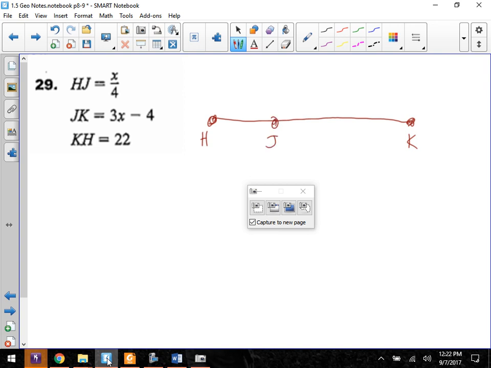It doesn't matter. I don't want you to put it in the middle because then you might think they have to be equal. It doesn't say that. All right. Now it says HJ is x over 4. That's weird. That means it's x divided by 4. That's 1/4 times x, right? This is 3x minus 4. And the whole thing is